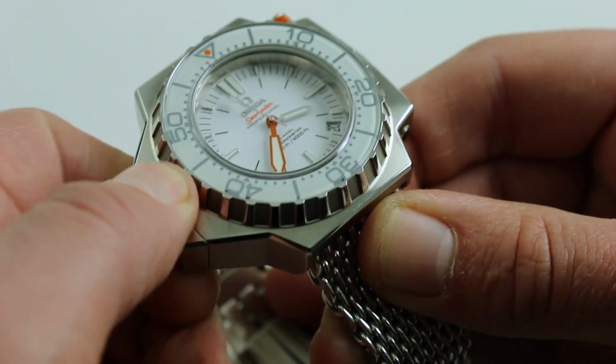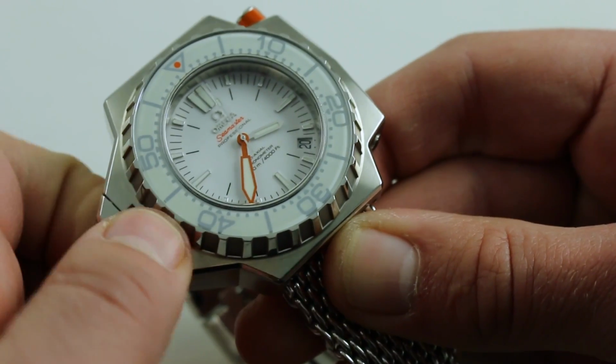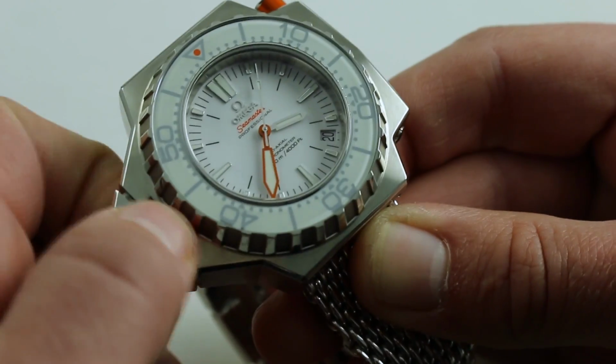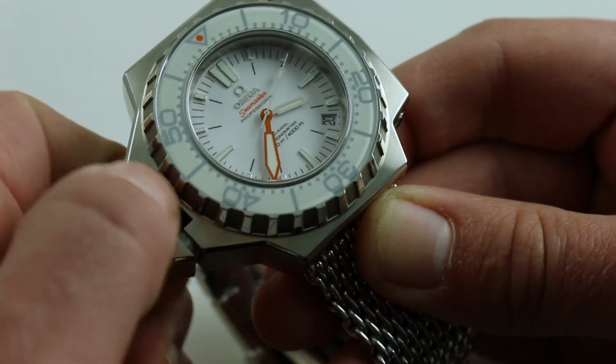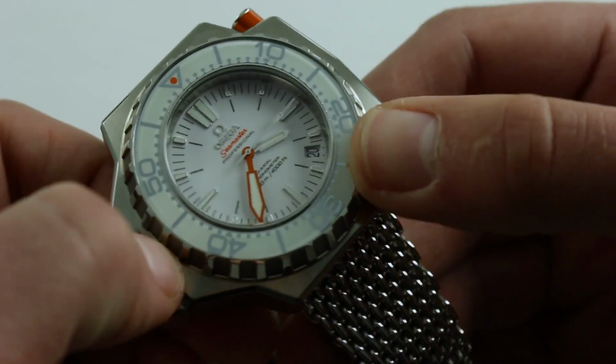It also works a little bit more conventionally than the original PLOPROF crown, which was, for want of a better term, unique. One might say idiosyncratic was a better way to describe it. This one, fully shielded, operates more or less conventionally once you've screwed it out. Now, of course, the caliber 8500 inside, in this case, Omega doesn't even attempt a display case back, but the